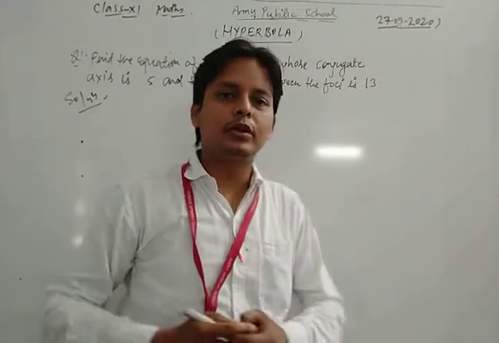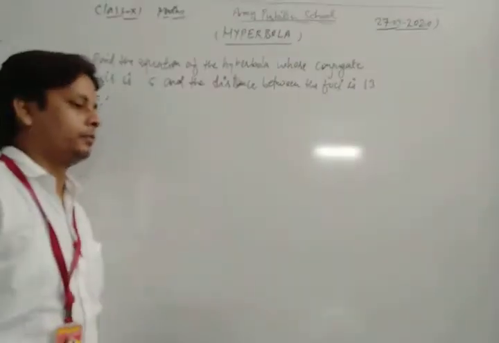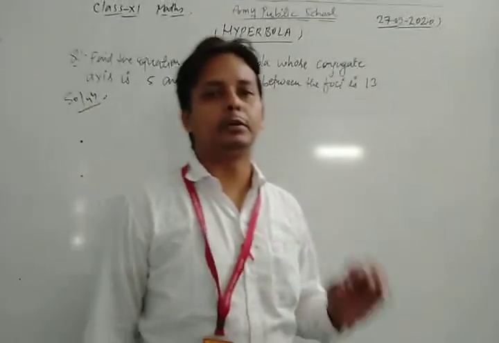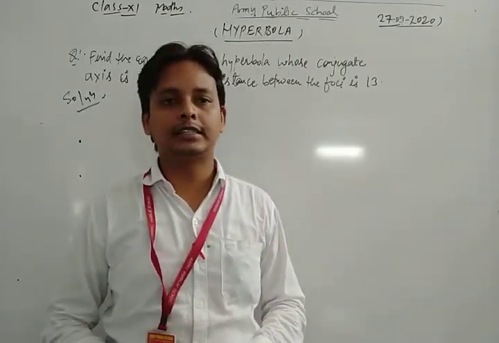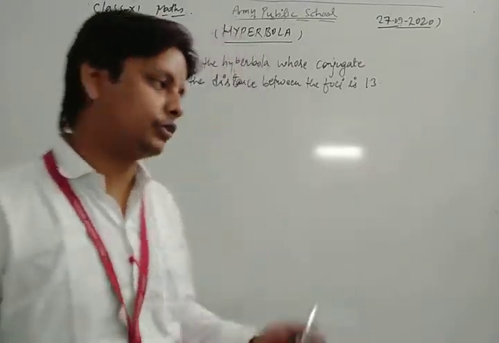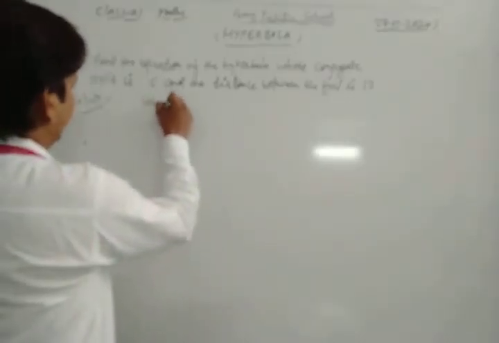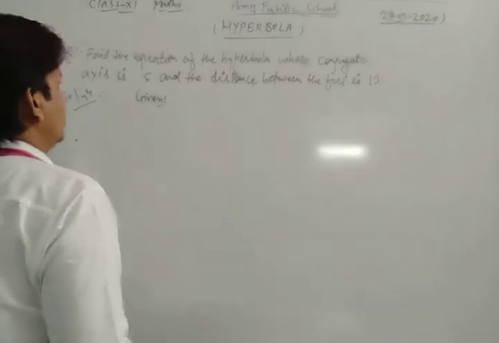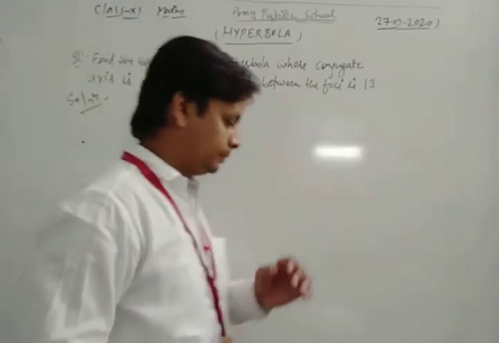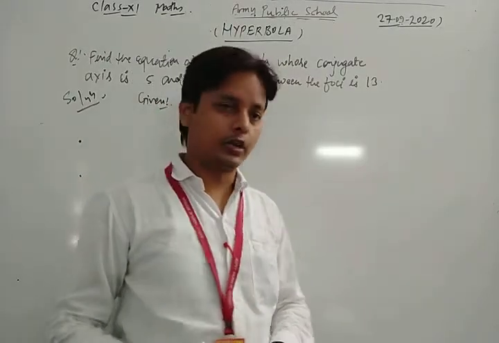Now look, this is one of the most important questions of your NCERT exercise. Dear students, in this question, we find the equation of the hyperbola. Dear student, in finding the equation of the hyperbola, first we need the semi-conjugate and semi-transverse axes, that is a and b. Then after that we can find the equation of the hyperbola. Here, what is given in our question? Let's see. First of all, we write the given. Whose conjugate axis is 5. Dear students, here the length of the conjugate axis is given. Okay. Now look.